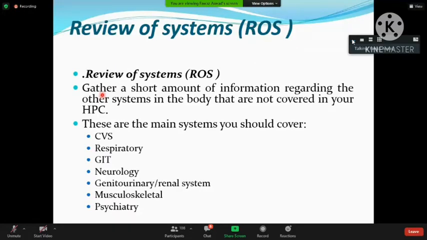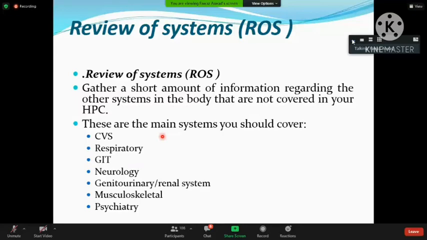بصورة عامة, there are main systems which should be examined during any examination of the patient. These are the systems that will reflect their effect on the oral cavity, whether direct or indirect, through the types of treatment which are going to be applied. For example, the cardiovascular system, respiratory system, the GIT, neurology, and so on. All of these systems are going to reflect their effect on the oral mucosal area, directly or indirectly.